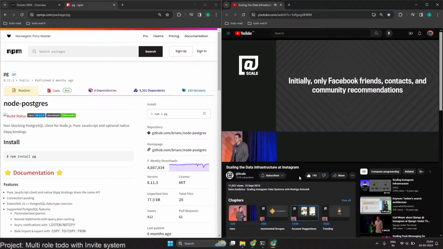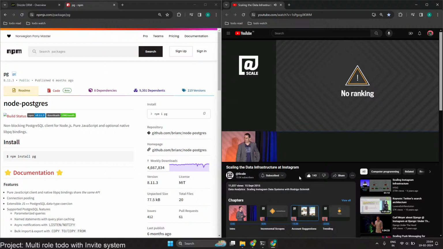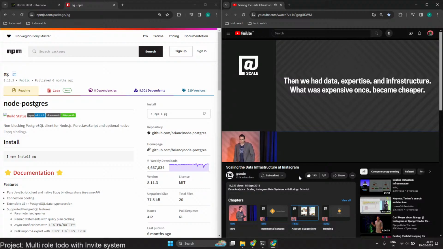Initially, it was pretty simple. The way it worked, it was just Facebook friends, contacts from your phone, and community recommendations that we would surface in the app. And there was absolutely no ranking being done. That was simple. That worked in the beginning. A lot of the initial growth at Instagram was pretty much organic, and people would just talk to their friends, have you used Instagram? And people would install the app. But with time, we wanted something better. We wanted to power our growth at a much faster rate, and we could only do that with better recommendation systems. So by then, we had the data team, we had the data, we had the expertise, we had the infrastructure that we were building from case study 1.